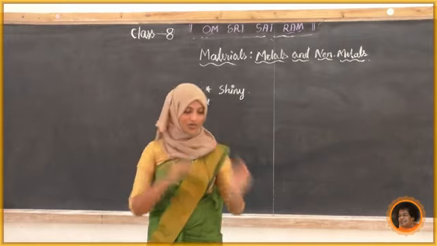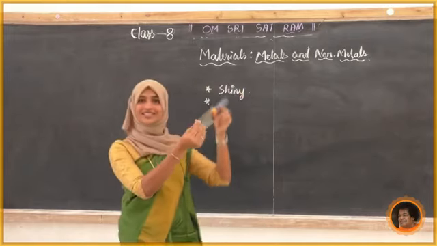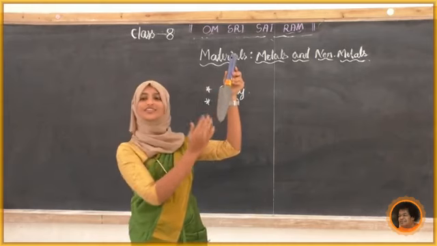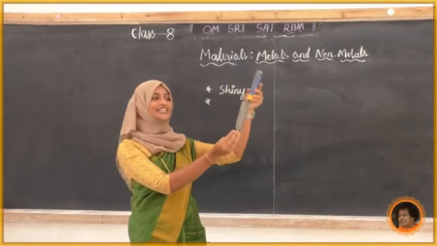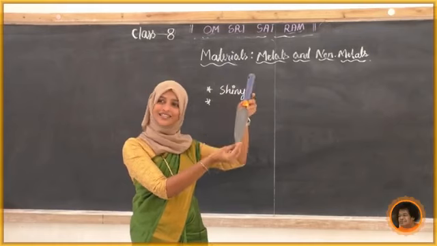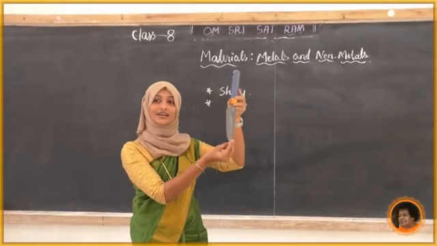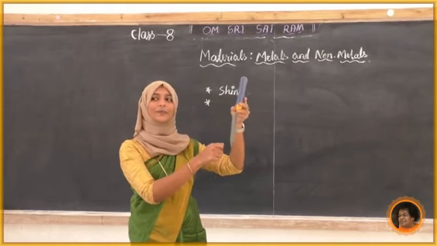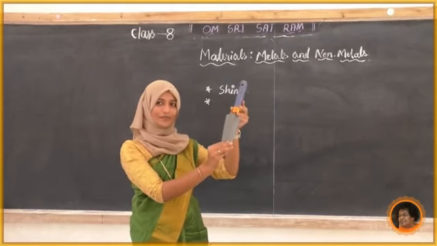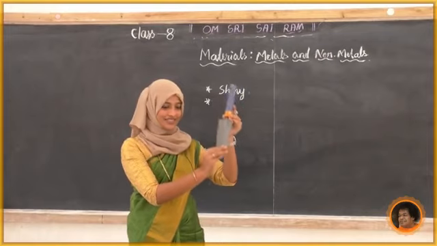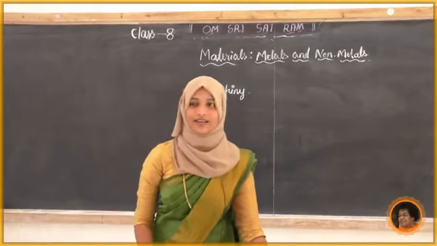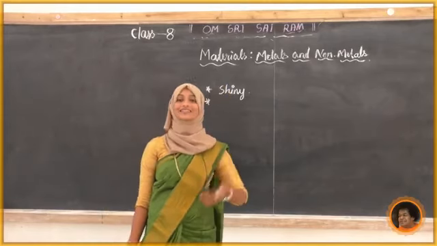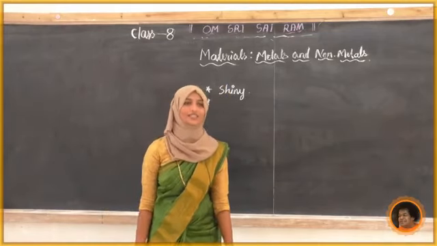One more thing I will show you, students. See, this is a knife. What is the shape of this now? Like a sheet it is. Actually, this is also iron. What happened? The blacksmith beat the iron piece and gave this shape to this iron. See, this is one of the physical characters of metals.